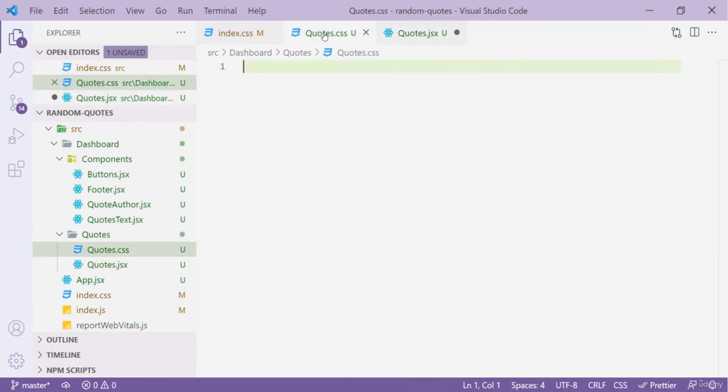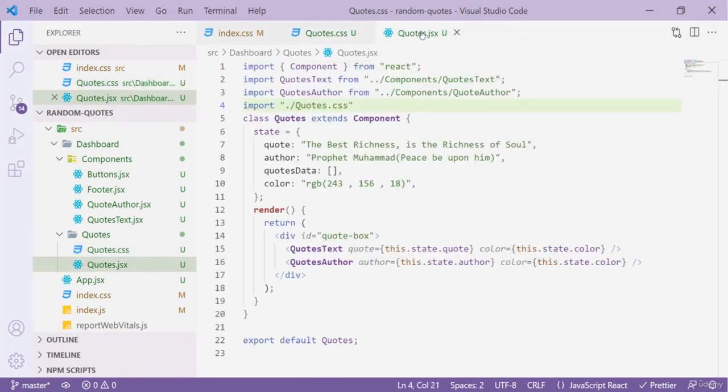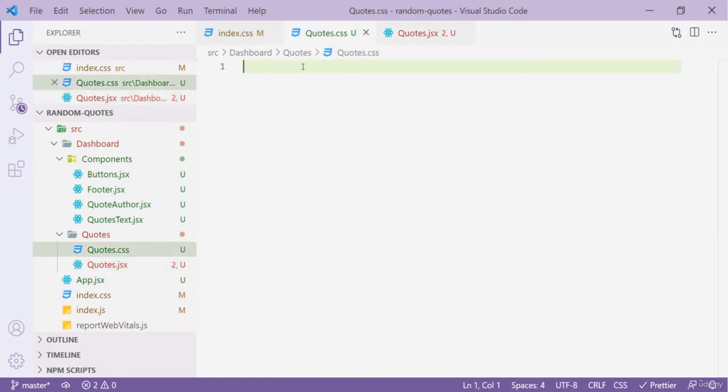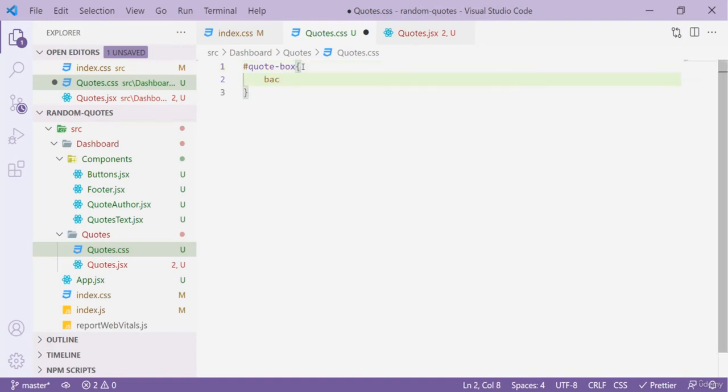Now inside our quotes, the first element that we'll be targeting is going to be a quote box, and if you are unable to recall where our quote box was, inside our quotes.jsx, this is our div with the ID quote box. So this is the first one that we are targeting, and since this is an ID, therefore we have to use hashtag and quote box, and this is going to have a background color of white. So give it a background color, and after this background color we'll give it a text align center,